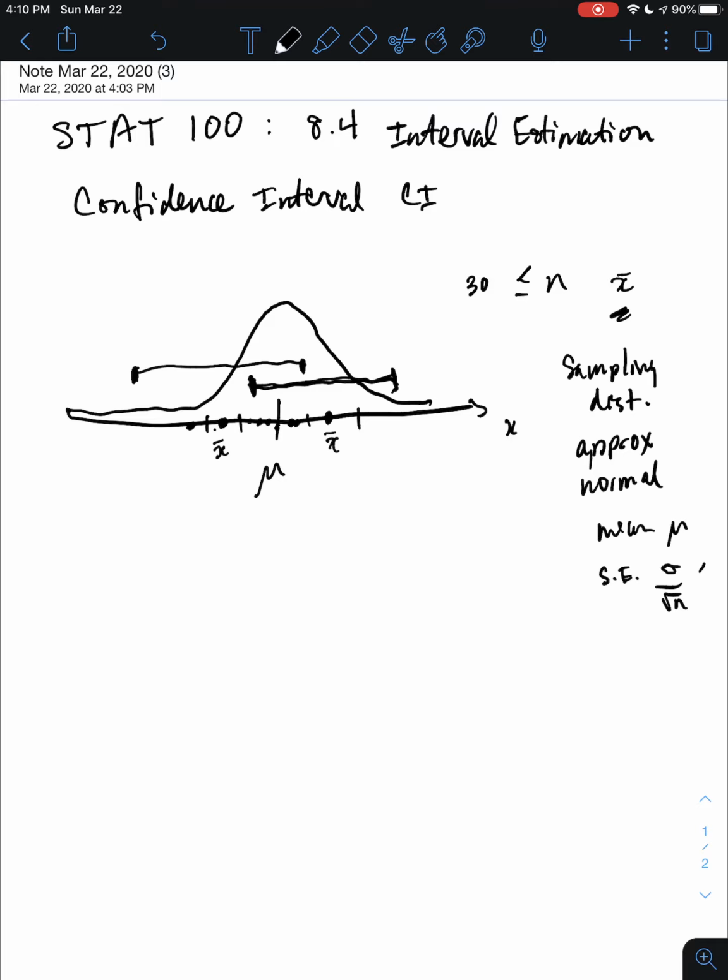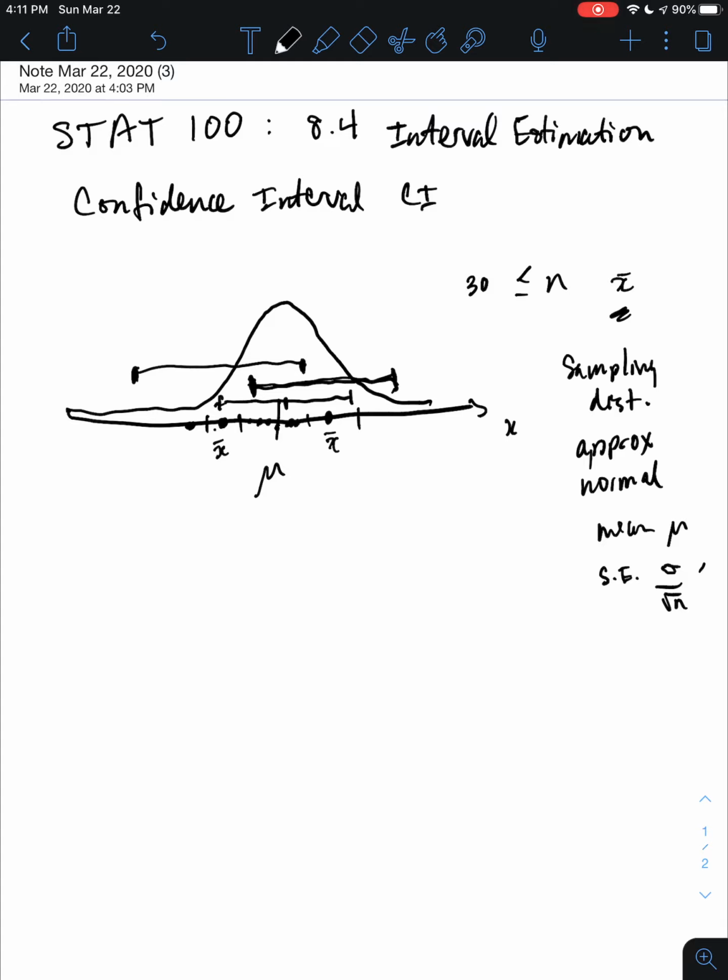19 times out of 20, mu is going to be within their interval. So there's Fred. Fred started here. His two standard deviation interval captures mu, and so does Charlie's and Bill's and Ted's. Okay. However,